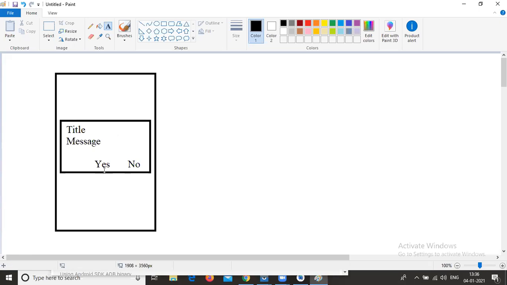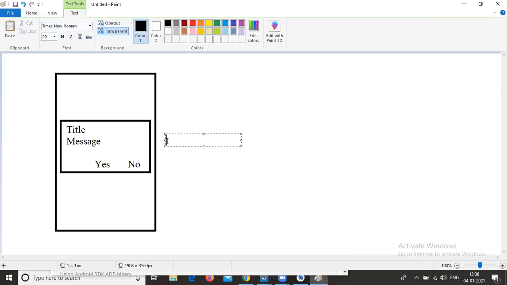When you are clicking this Yes button, this is the message. Let us assume you want to exit the app. In case you are clicking Yes, what will be the action performed? The app will be closed.